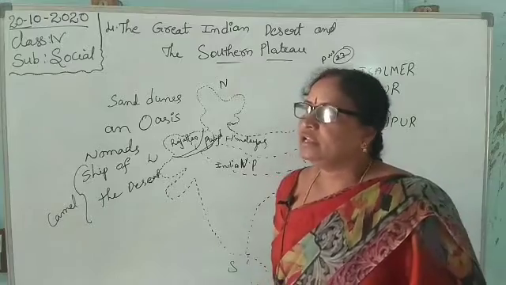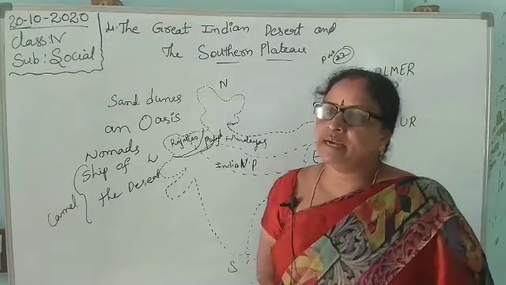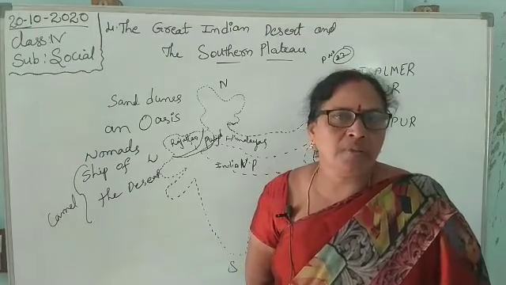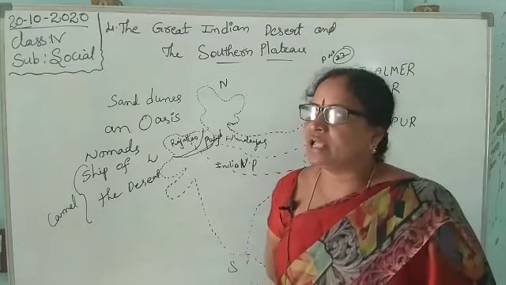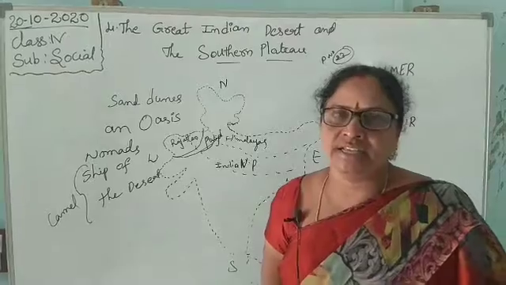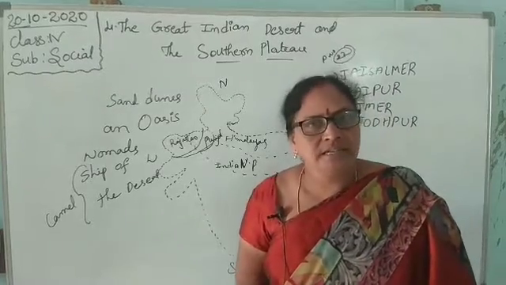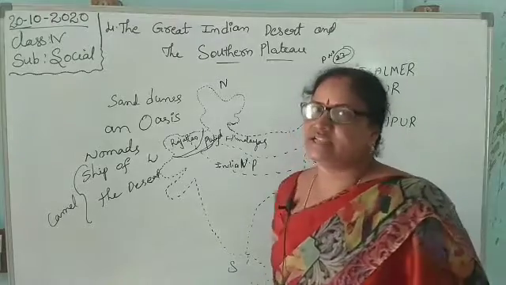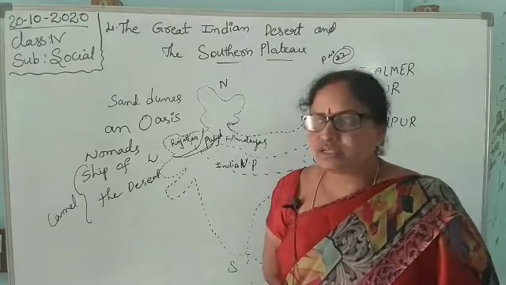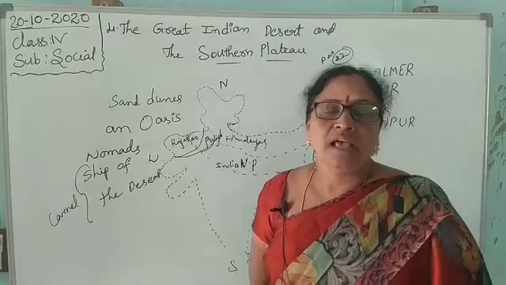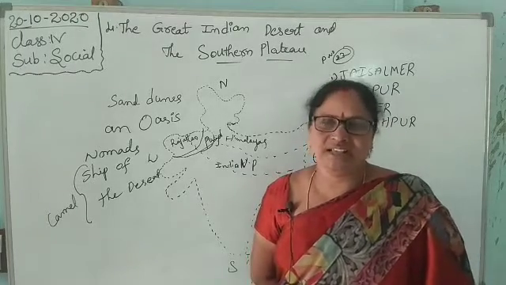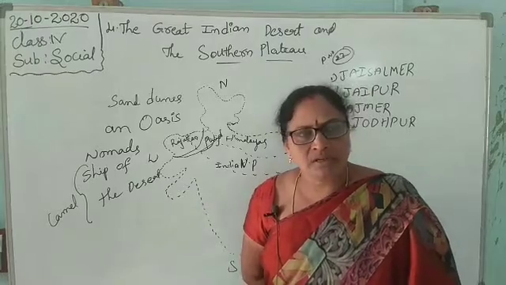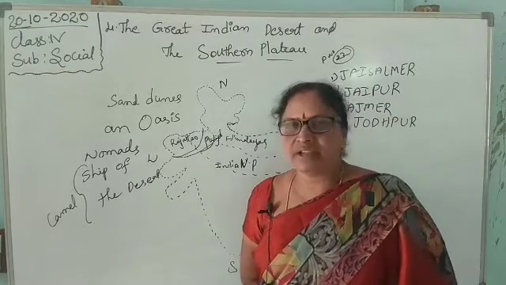Why? Because in Jaipur, all the buildings are made with red stone. It looks like a pink color city. It means it is called a pink city. Jaipur is in Rajasthan state. Most of this part of Rajasthan has become a desolate area of sand because it does not get heavy rainfall.